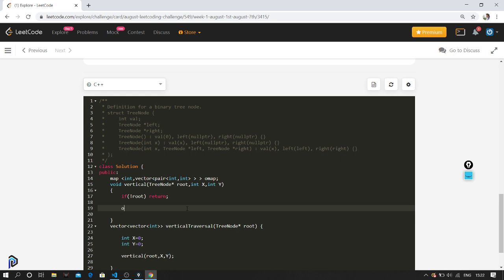The key is going to be the column, which is the x that is passed over here, and we have to make a pair. All the things inside this map are a vector of these, right?